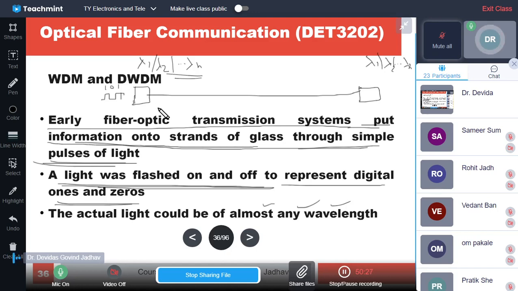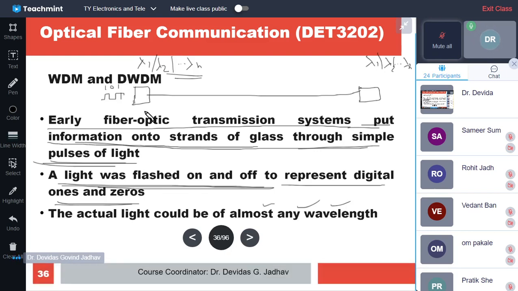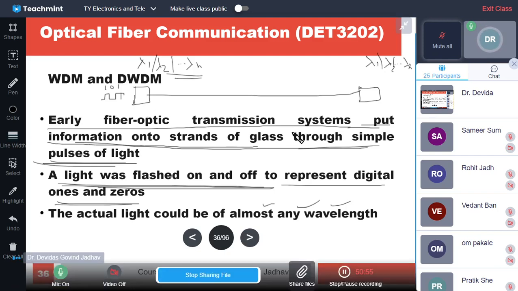If we add or mix all the wavelengths with the help of a device like a coupler, then we can have multiple sources here, lambda 1, lambda 2 up to lambda n, and all the sources will have different signals. All the signals of all the sources can be mixed together and coupled to the fiber through the proper coupler. And the fiber can carry lambda 1 as well as lambda 2 as well as lambda 3 up to lambda n, and the same infrastructure is used for multiple wavelengths.